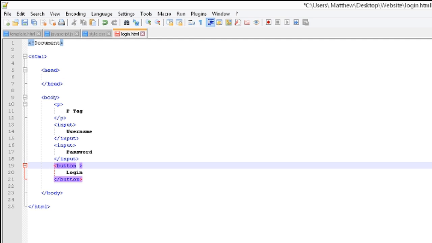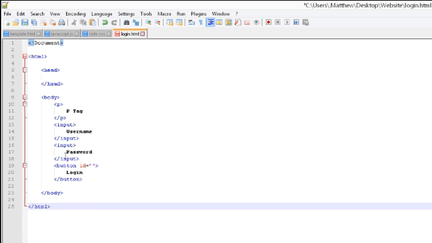Otherwise, we can't directly access those elements. Because if you wrote, like, change the words for the input, it wouldn't know what you meant, because here we have two inputs. So instead we give things specific IDs, which is by inside of this tag,